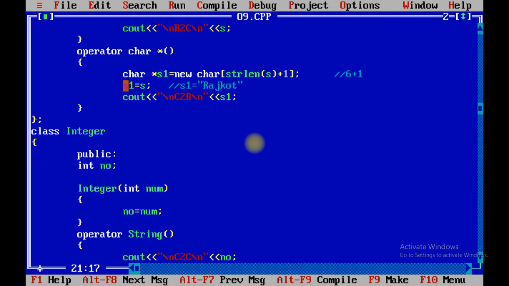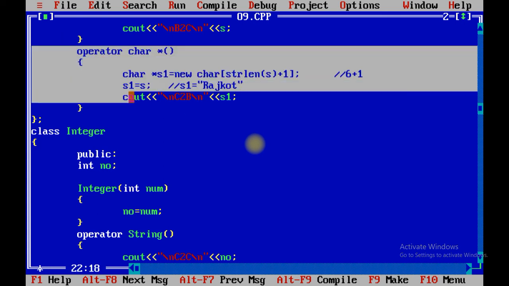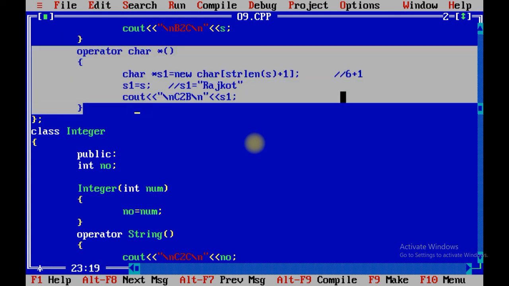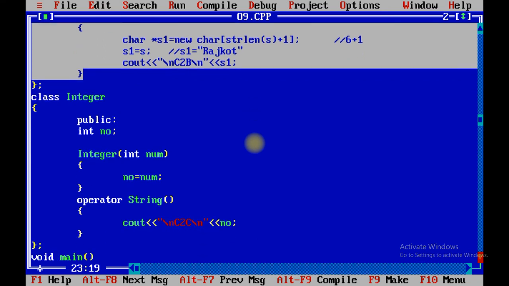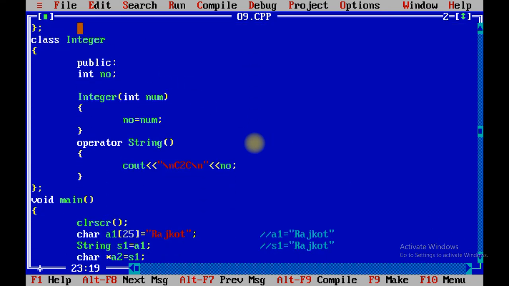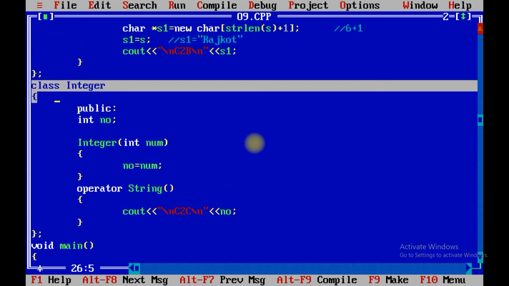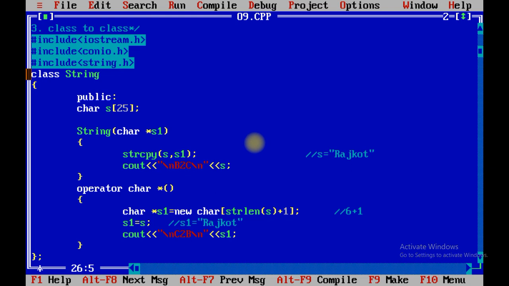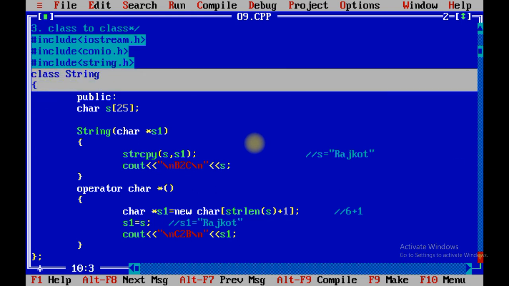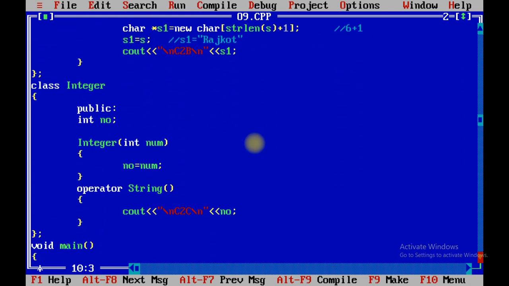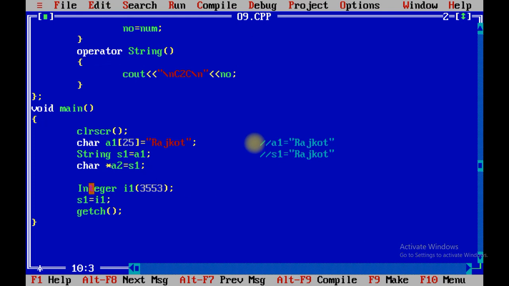We are going to convert the class into the basic data type, and such kind of conversion is known as class to basic conversion. And the last one is called class to class conversion. I have created one class called integer. Similarly, I have created one class called string. Now what happens when you create an object of integer class?